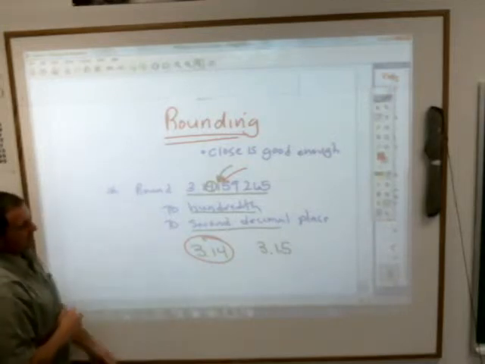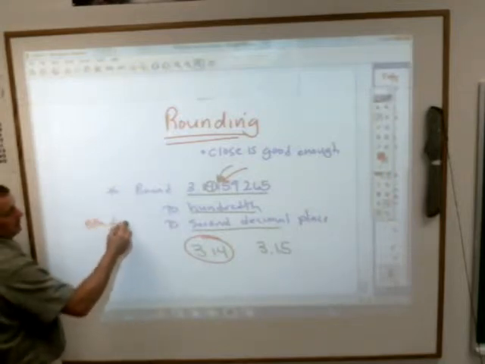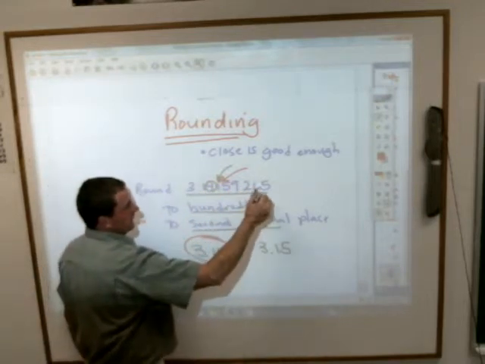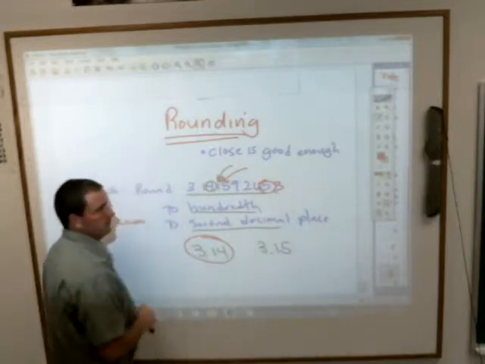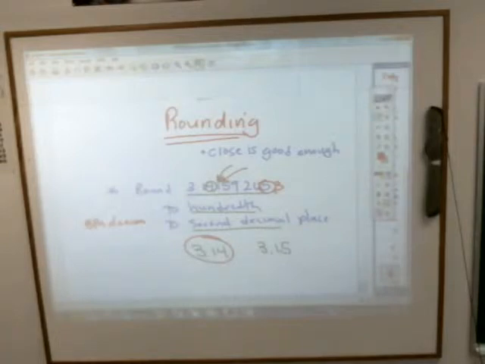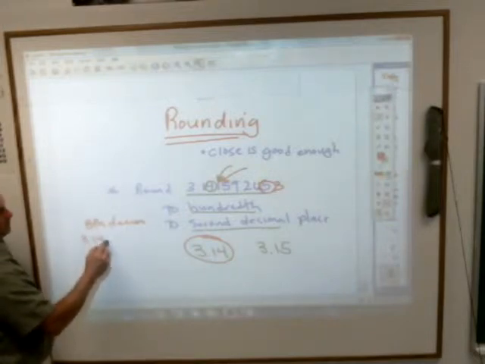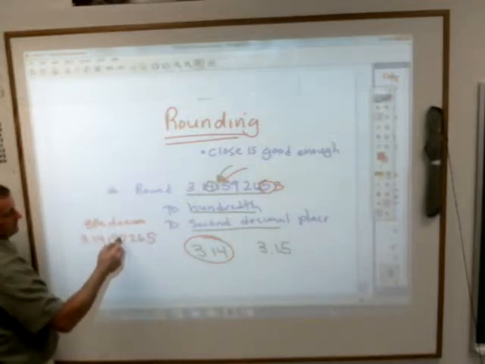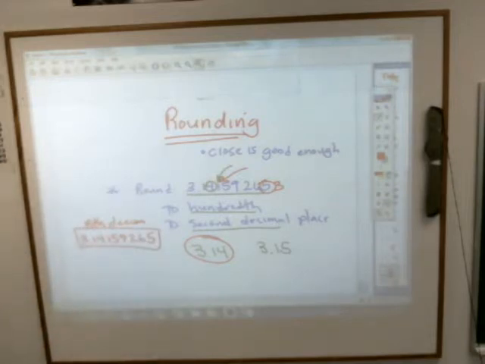What if I asked you to round that same number to the 8th decimal place? To the 8th decimal place, 1, 2, 3, 4, 5, 6, 7, 8. Guess I need that next number up there. 2, 6, 5, 3. What is that rounded to the 8th decimal place? Samuel? 5. It stays the same. 3.1415926 rounded to the 8th decimal place. And again, you've been rounding since you were pretty much